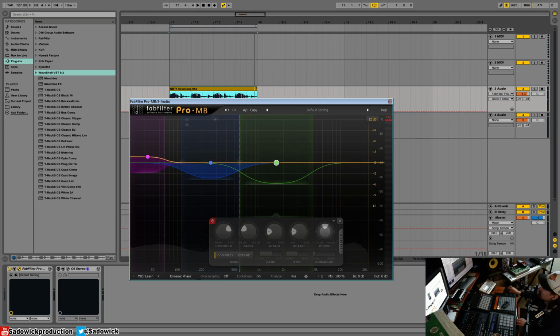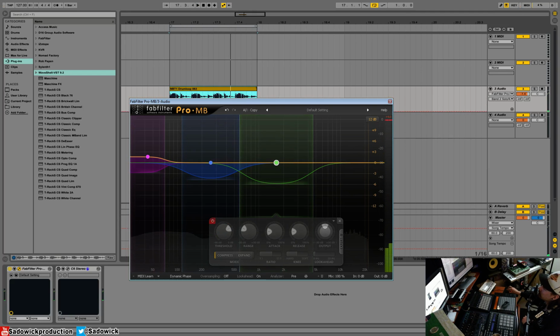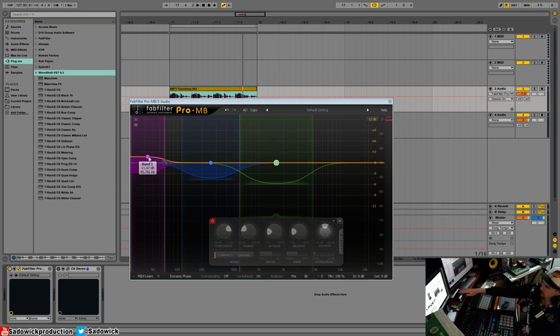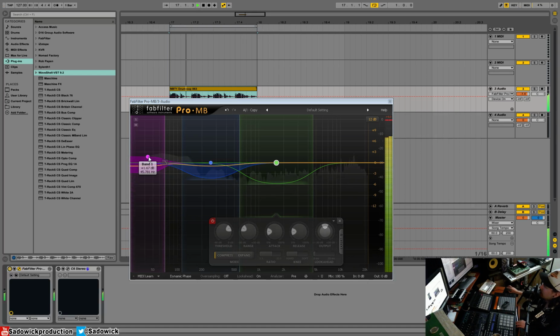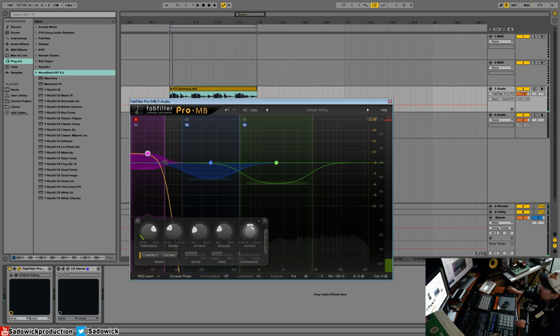I'll turn that off, I should say. And we can do A/B comparisons by just turning the plugin on and off. Alright, so we have a bit more low end. I'll turn this up. So it's very wumpy. And our crossover is, we'll just move that over. There we go. So now it's whoomp